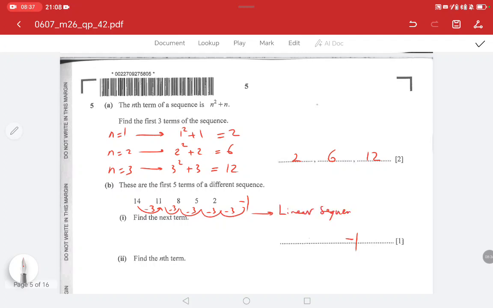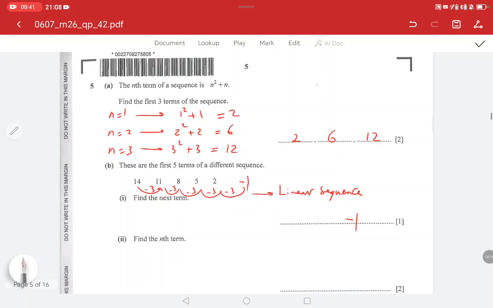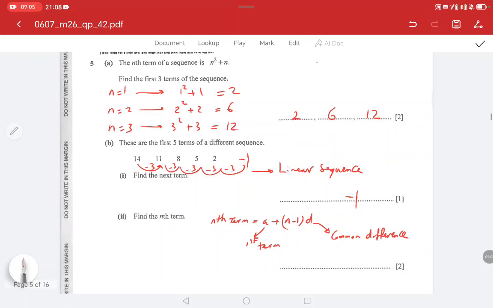Linear sequence. To solve a linear sequence, you may use the formula: nth term equals a plus n minus 1 times d, where a is the first term and d is the common difference. You can substitute in this formula, or you may say that since it's linear,